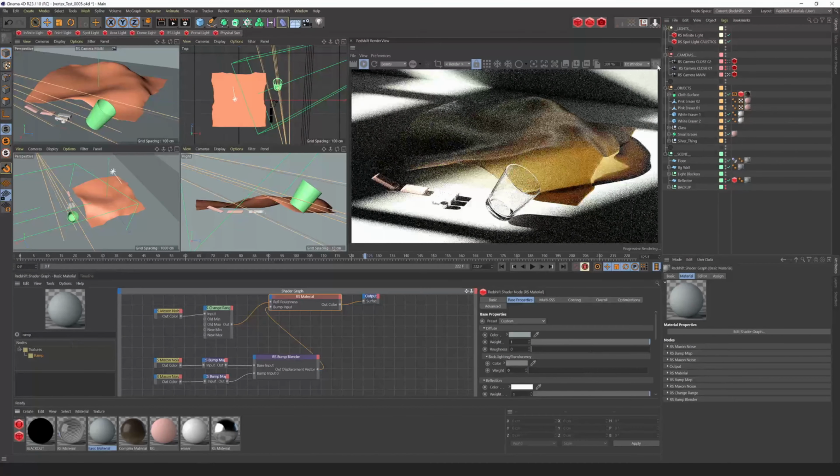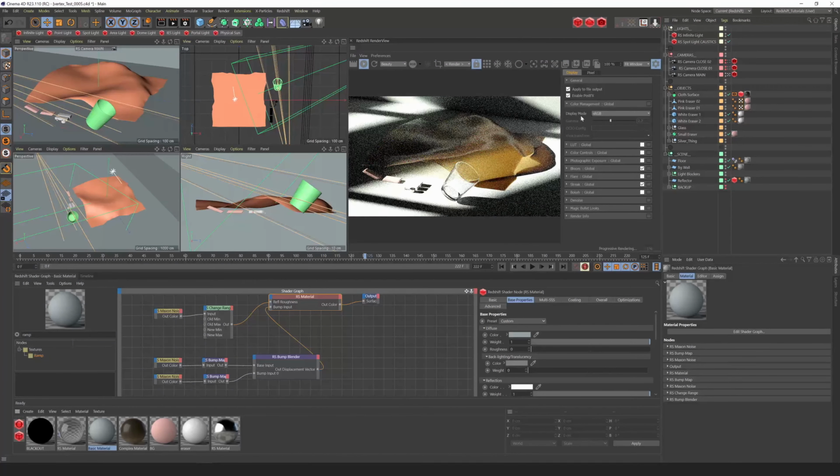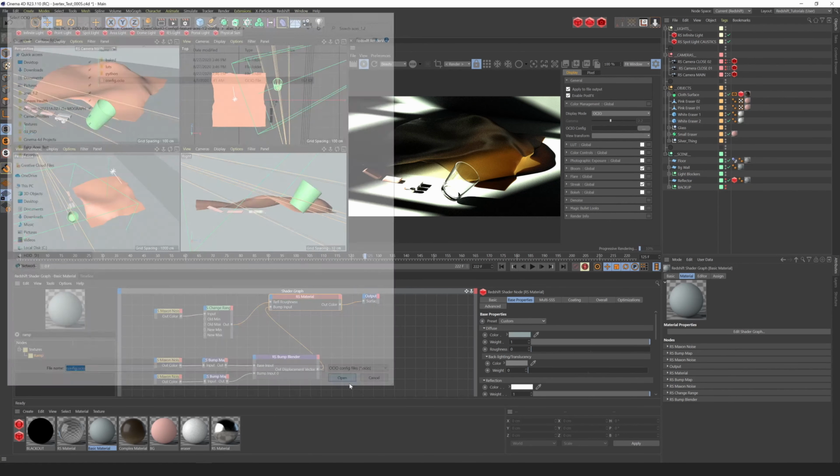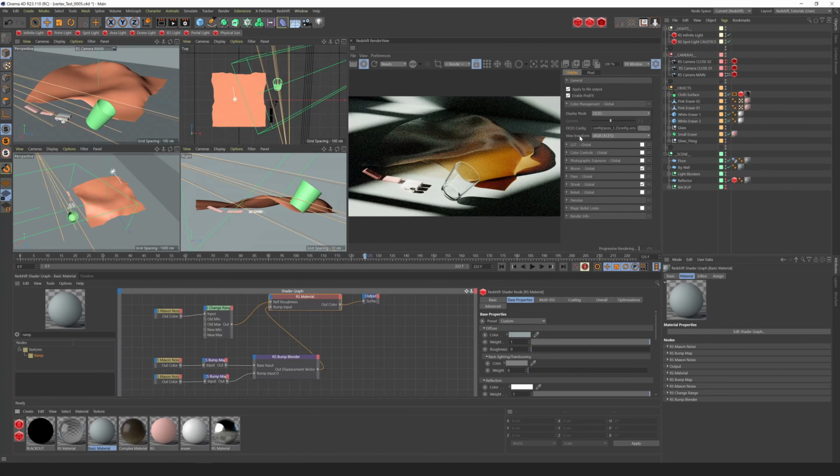So we can take a look here, and I want to open up these settings. Right now we're in the display mode sRGB. So I want to change that over to the OCIO ACES. I'm going to select OCIO, and I don't have the OCIO config set up as an environment variable where this is automatically selected, so I do have to go and select it each time. I'll go and select where I installed my OCIO color configs, and I will just hit open, and now that config file is loaded up